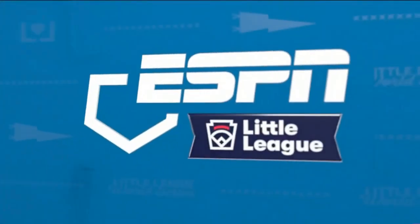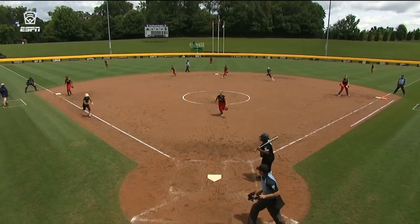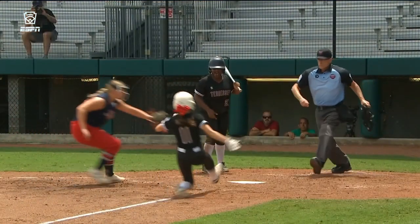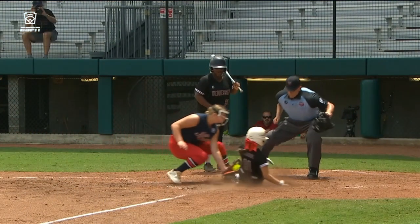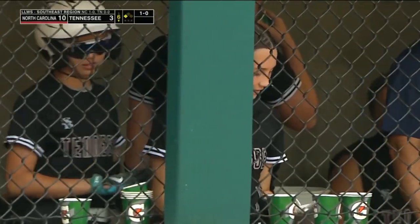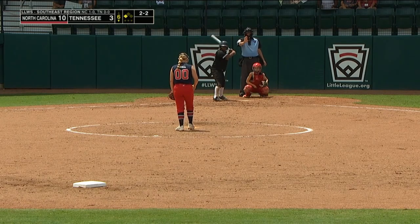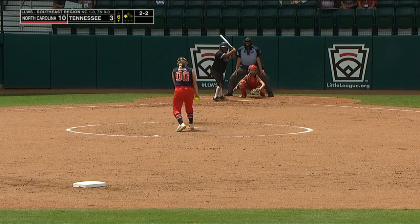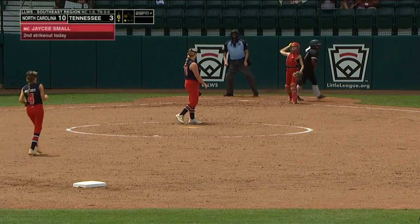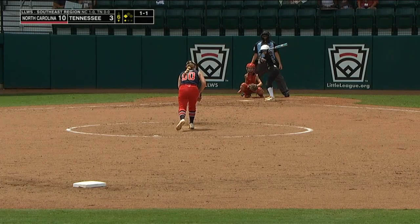You take a gamble when that run doesn't mean a whole lot unless you can get 6 more to score. But a good slide, a good throw by the catcher Shell. Small a little late in covering, but the speedy George probably unable to get tagged out regardless. Raisin. Oh, that at-bat dries up. Big strikeout there from Small, her second of the inning, but